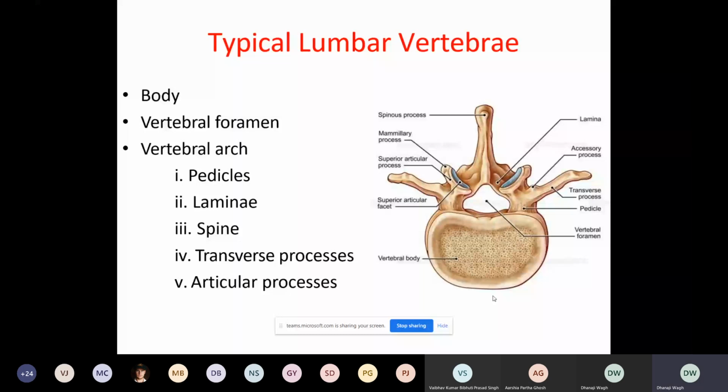At the posterior inferior aspect of the root of the transverse process, there is an accessory process. They may ask you to show it. So you have to show this elevated portion at the root of the transverse process. Another point they may ask is regarding the superior articular facet. At its posterior border, it has a rough elevated portion called the mammillary process. In the Viva, they may ask you to show it.